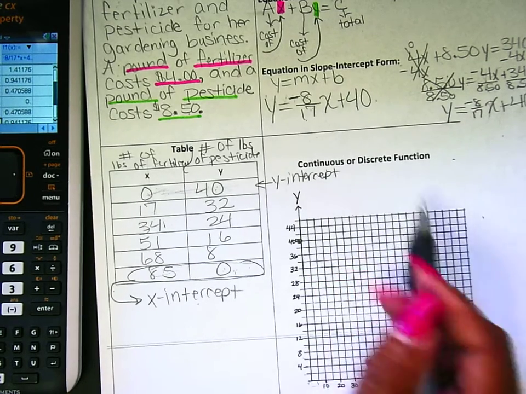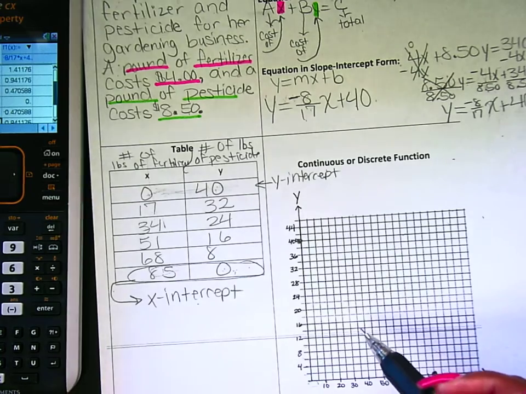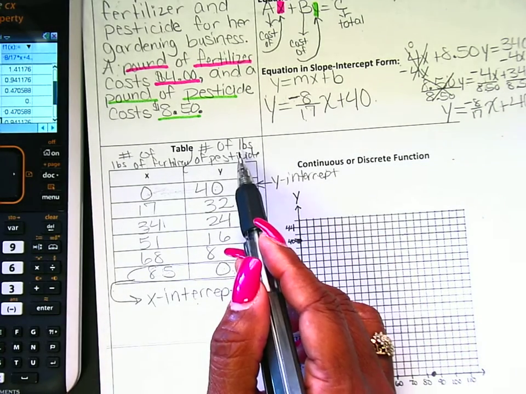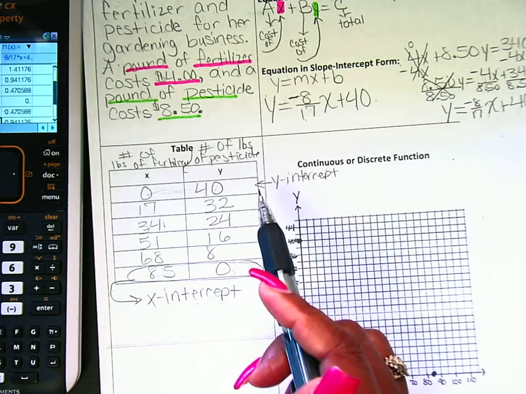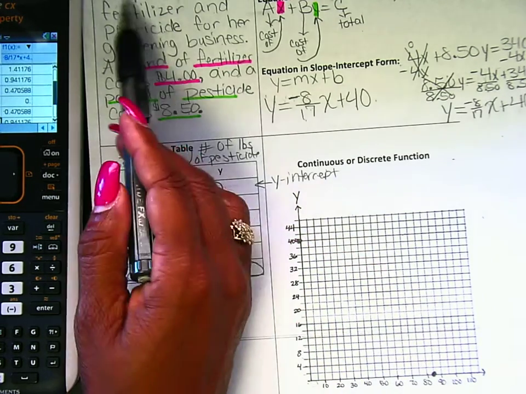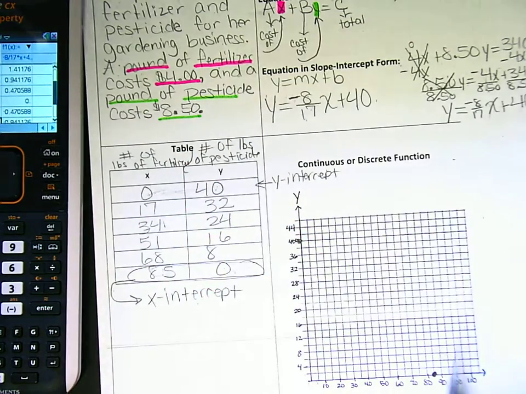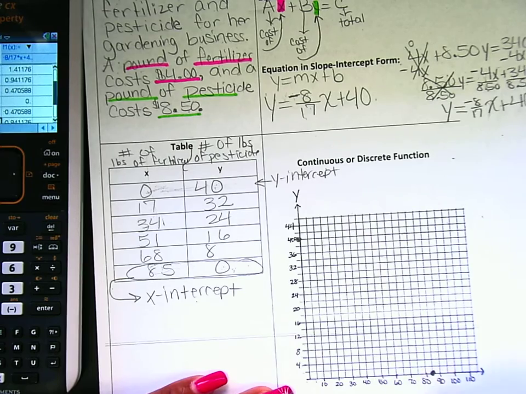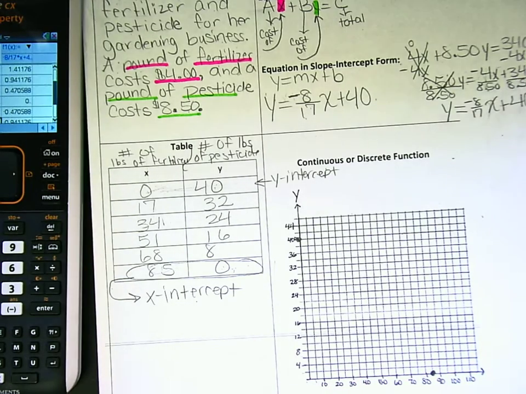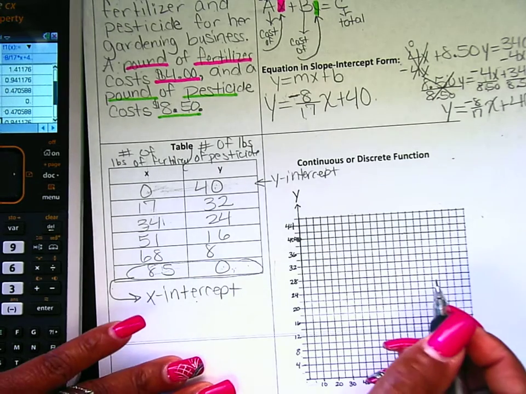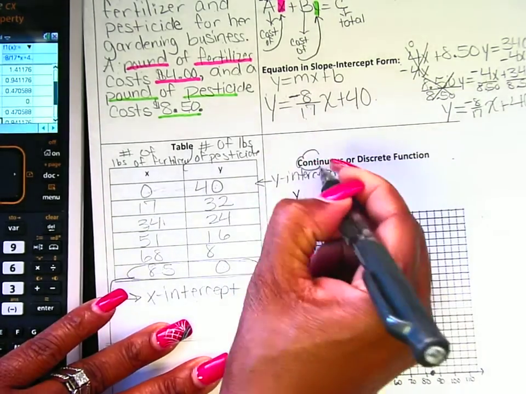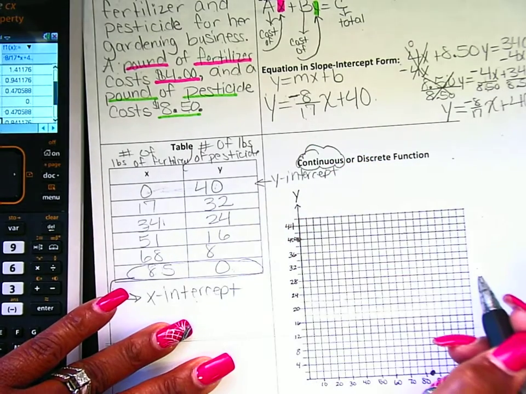Is this a continuous graph or discrete? Can I really buy, am I buying bags? Ooh, they didn't say bags, did they? They said she wants to spend on fertilizer and pesticides for her garden beds. A pound. Ooh, can you buy a portion of pounds? So if these are in pounds, can we buy portions? And when I say portion, I'm talking about partial. Like, can I buy half of a pound, a fourth of a pound? Yes, you can. So guess what? It really is continuous. This is a continuous graph because you can buy